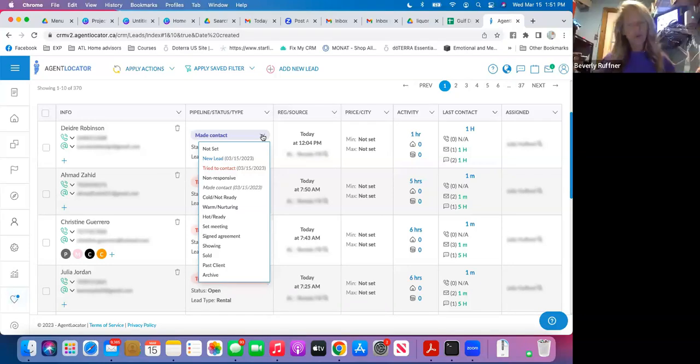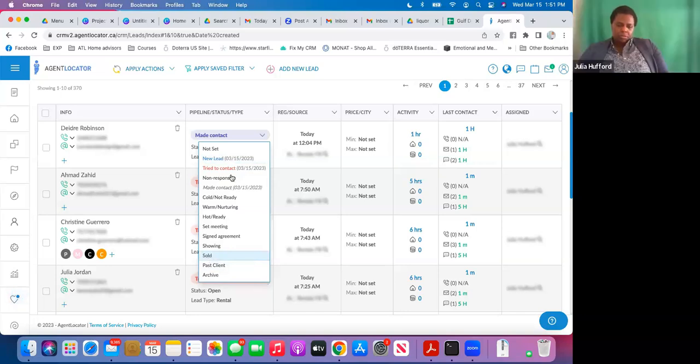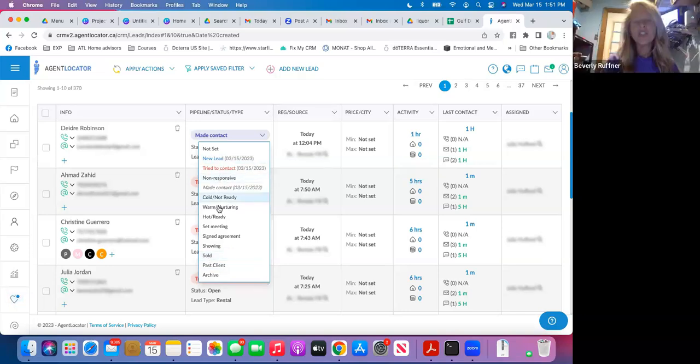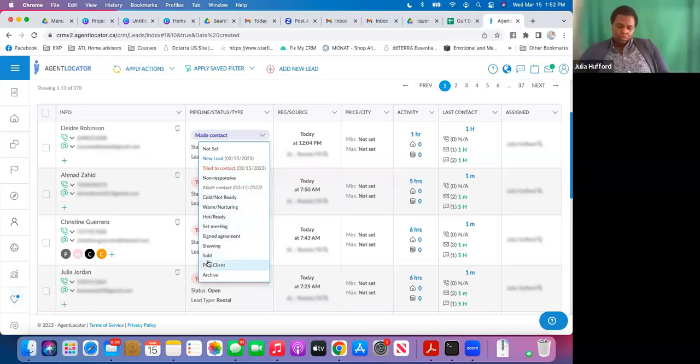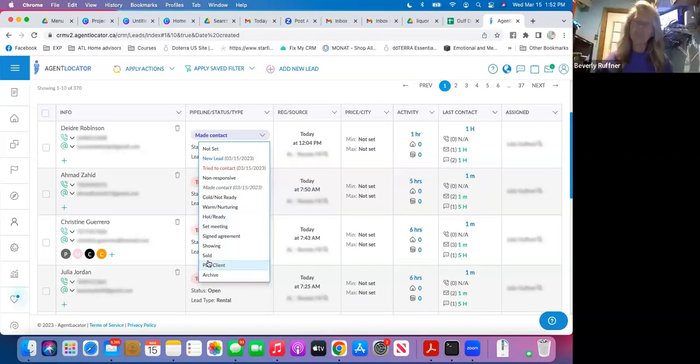It's like, okay, great, we got the tags, but who within these tags are in what category? And when you think of your pipeline as, I have a new lead that's coming in, my long-term goal is to get them to sold. Mm-hmm. What situations are they going through to get to sold? Mm-hmm. Where are they hanging out at? Once we've got them tagged, where are they hanging out at that makes the most sense,